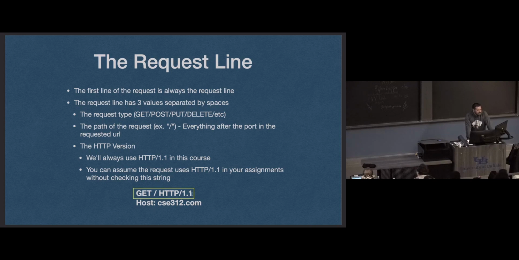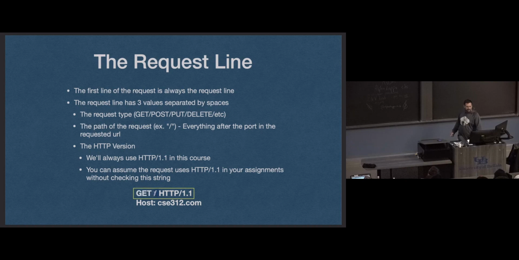So the first line of any HTTP request is going to look like this. It's going to be 3 values separated by 2 spaces. The first is the request type, or the method, which is either going to be get, post, put, delete, head. I can't even think of all of them off the top of my head. Those are the 4 that we're going to use in homework 1. And get and post are 2 that we're going to focus on now. But anyway, the very first value is the method, the HTTP method, in this case get, then a space, and